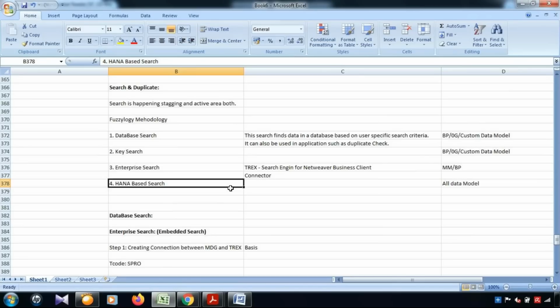So this HANA based search is something which I highly recommend in any kind of project nowadays. But keep in mind, in HANA based search, you must have the backend system as a HANA database. If you don't have the backend system as a HANA database, you cannot implement that. And obviously, this type of search is quite fast in terms of performance. Why is it fast? Because the basic activity of the HANA methodology is